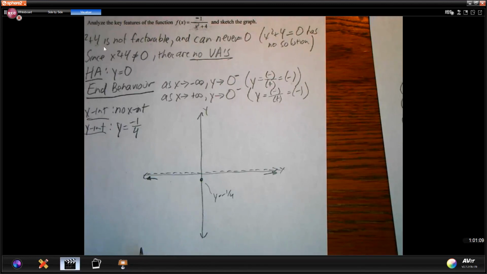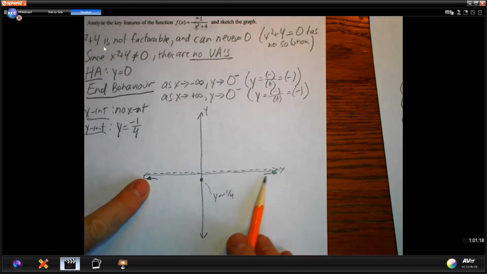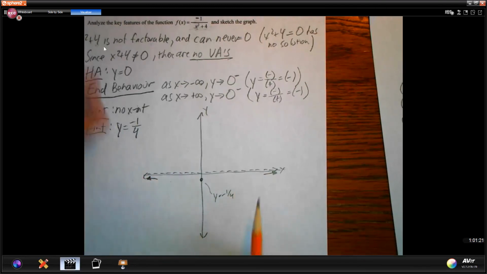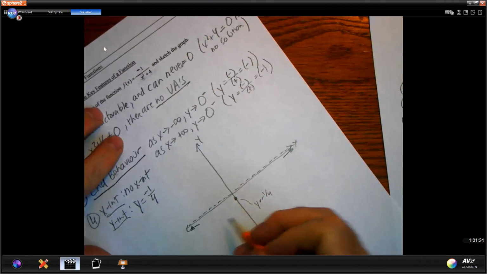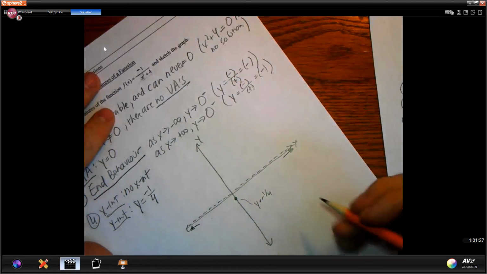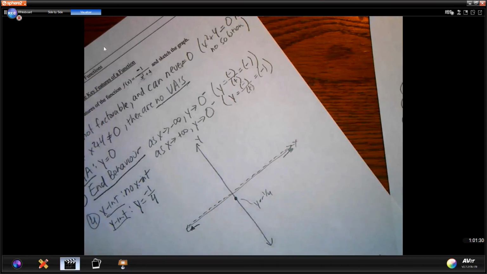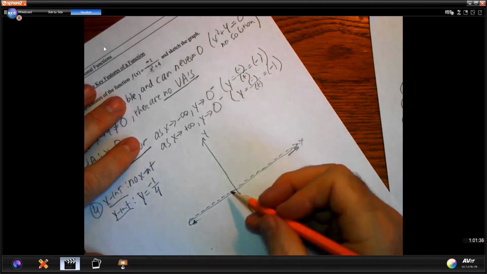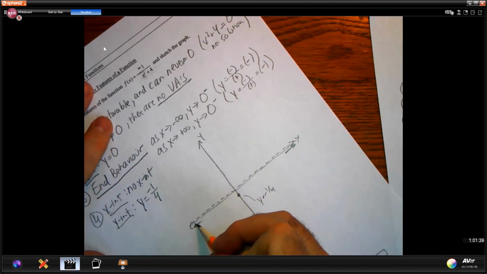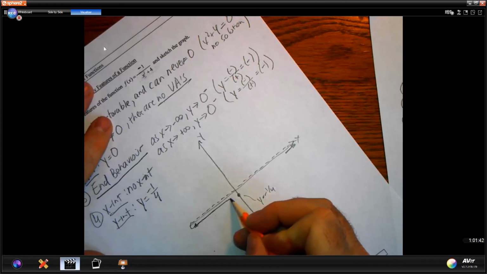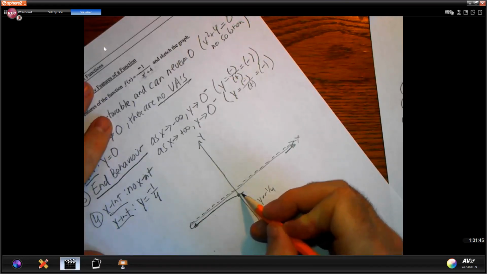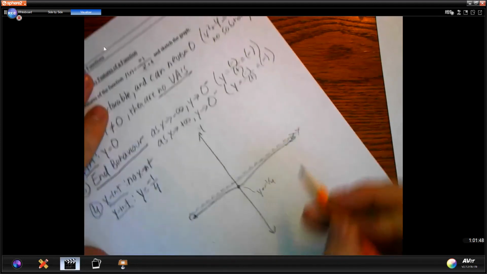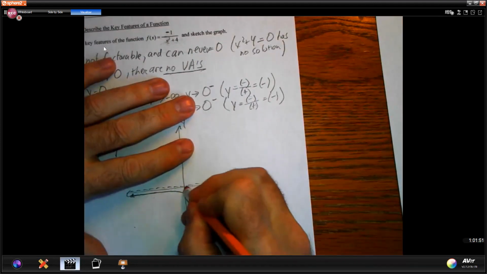There's no x-intercepts, no vertical asymptotes. So again, treat this horizontal asymptote like a fence. So we know on the two ends of the fence, we're coming from here, from below, and we do have to cross this point here. Now, again, I don't expect you to know right off the bat what this graph would look like. But if you actually graphed it on Desmos, you'll see that it comes along here, it kind of goes out down to the y-intercept and then back down here. So it's got this little bump there,